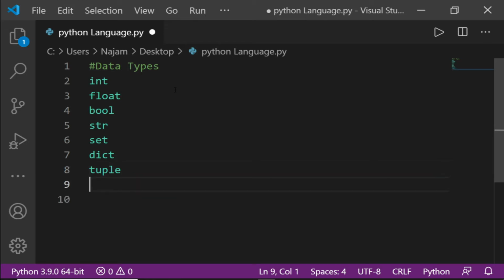It also may be a list. So these are the data types in Python.